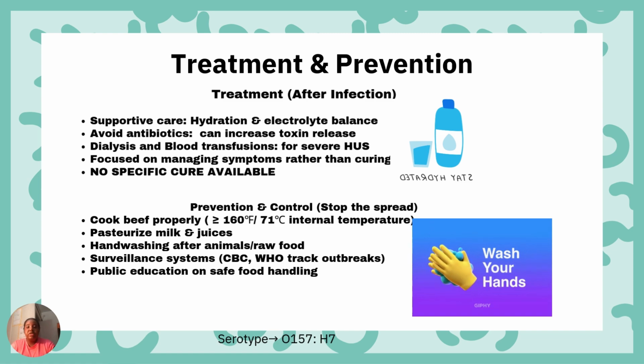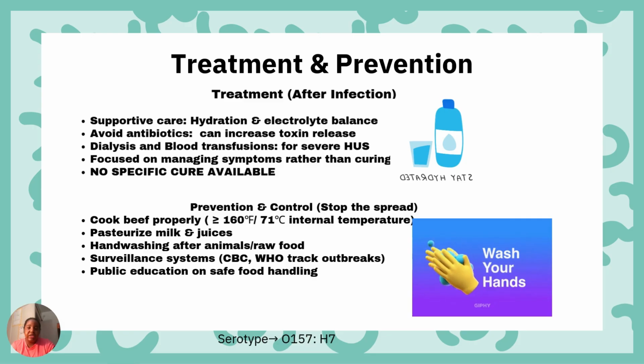it recovers. Due to the fact that treatment options are limited, prevention is key. It is important to cook beef to the proper temperature. It must reach 160 degrees internally because bacteria can be mixed throughout. Pasteurization of milk and juices kills pathogens that may be present in raw products. Many outbreaks are linked to unpasteurized drinks, so hand washing after handling animals, petting zoo visits, or raw food is critical